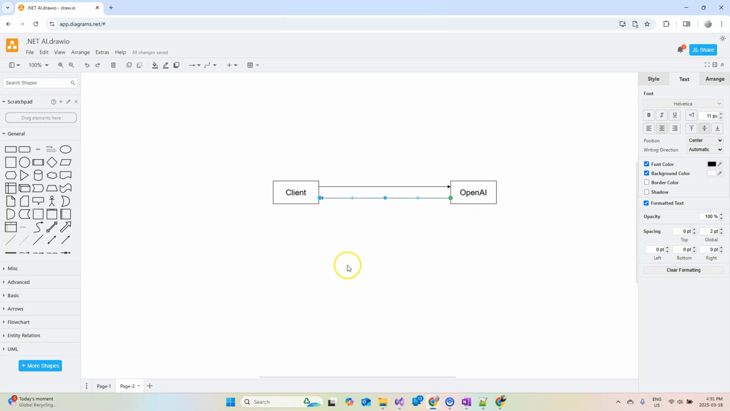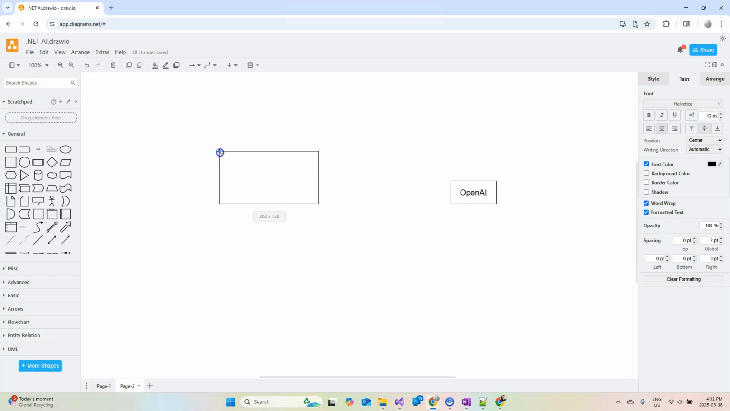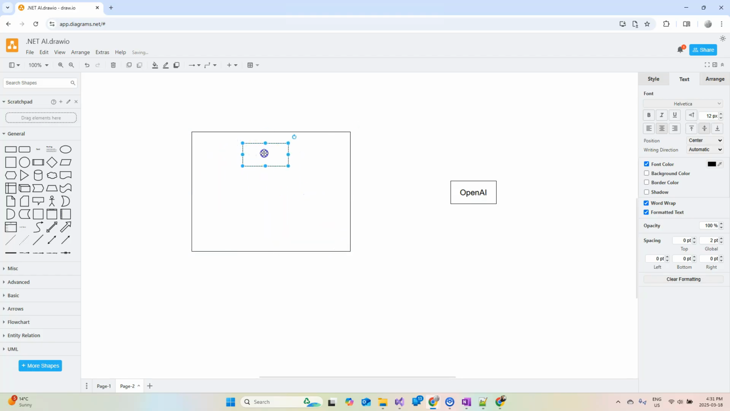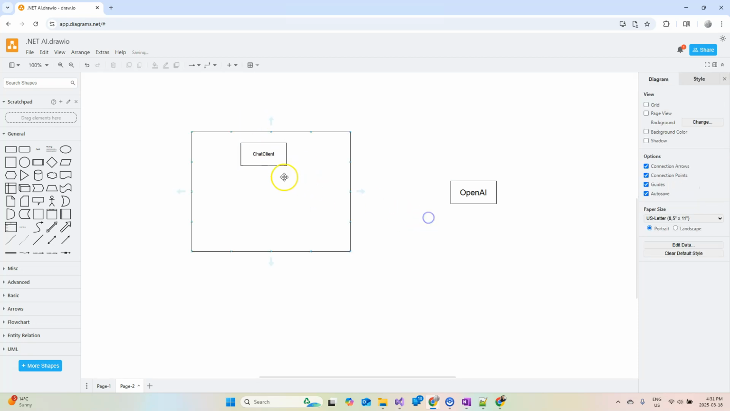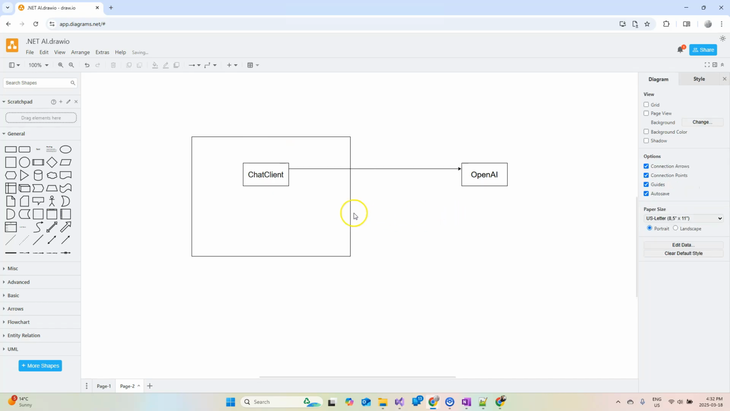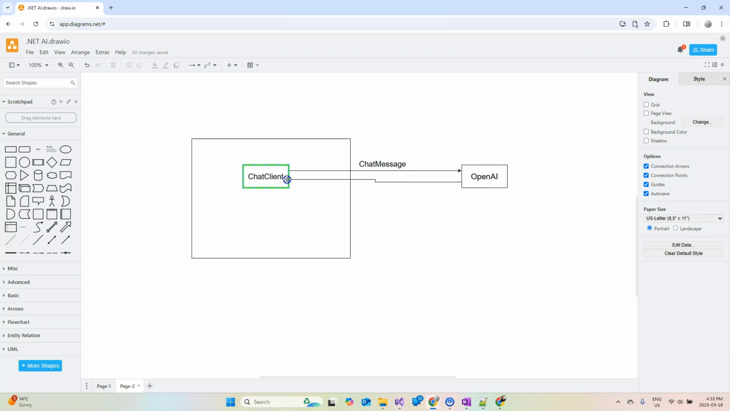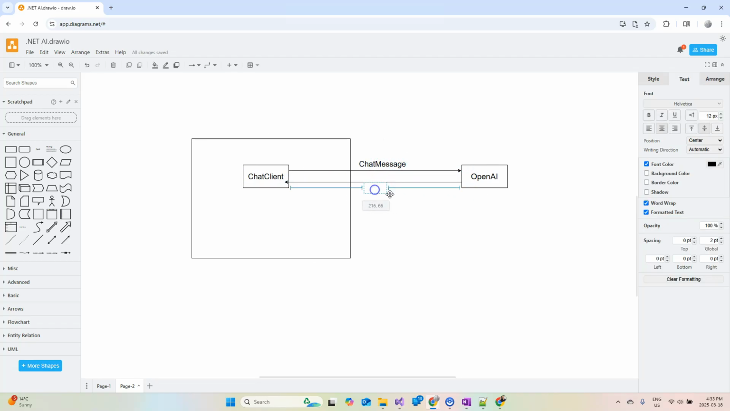In .NET, these functionalities are abstracted into the following main classes. Let's delete the lines for now, and I'm going to delete the content. So this is our client application. I'm going to make it bigger. First of all, we're going to have a client class, and it is called the ChatClient. This ChatClient is specifically for creating a chatbot or chat application to communicate with the remote AI service. The message that is sent to the AI service is represented by the class ChatMessage. And the message that comes back as a response to the client is represented by the class called